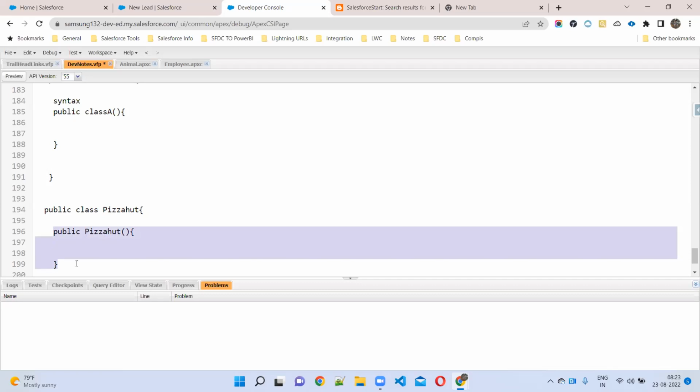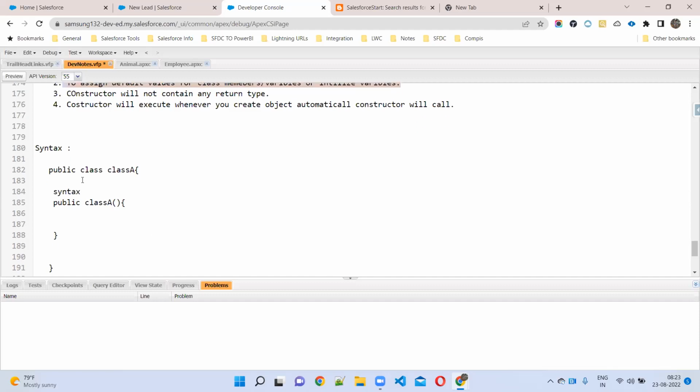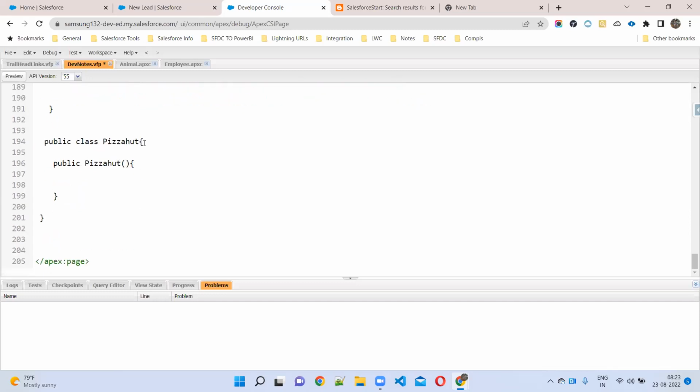So why do we use a constructor? To automatically assign default values to variables, or initialize the variables, the class members. Are there any variables for this class now? No. Tell me some sample properties of Pizza Hut.